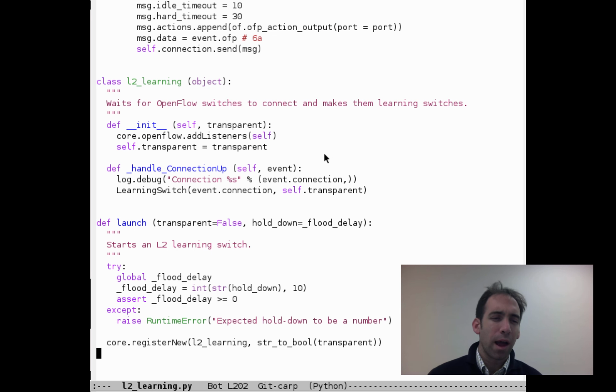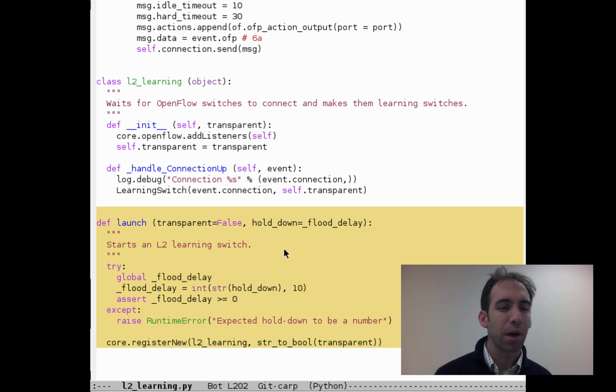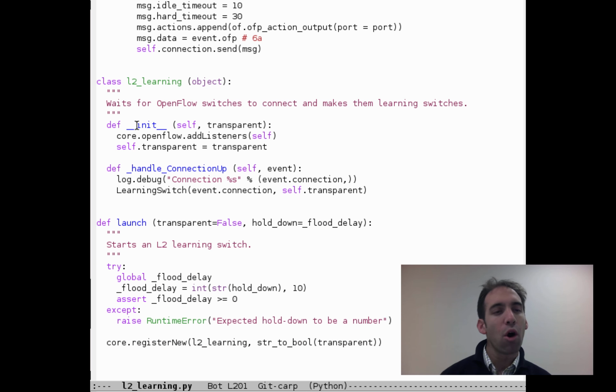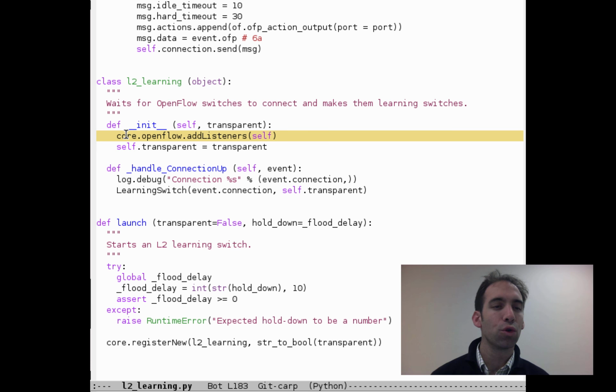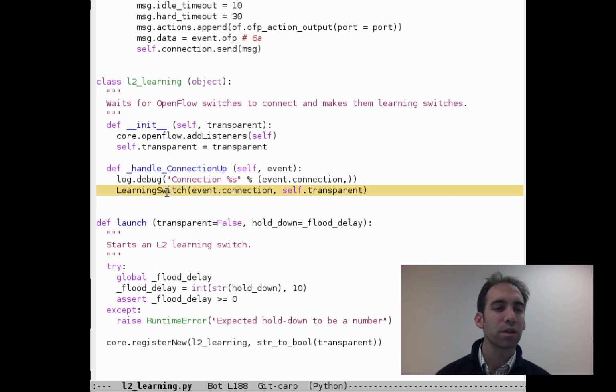Let's take a very quick look at the Python code that is running at the POX controller. Now, as before, we have a launch method which registers the L2 learning object with the core POX controller. Upon being instantiated, that object adds a listener to ensure that it can handle connection up events from OpenFlow switches that try to connect to this controller. Upon a connection attempt from an OpenFlow switch, this object then instantiates the learning switch object and passes the connection